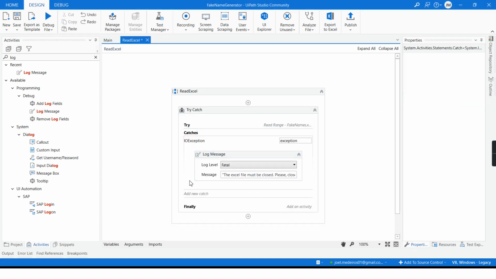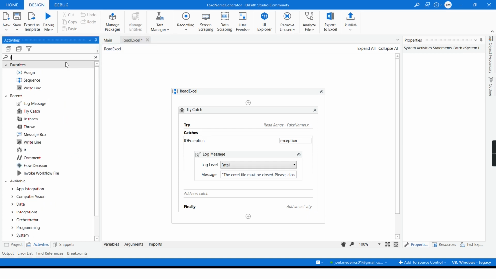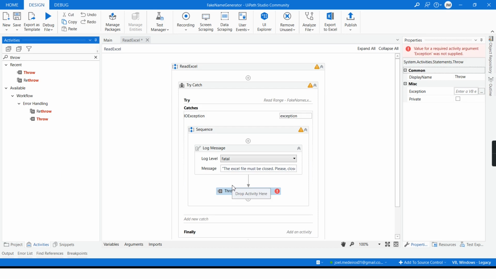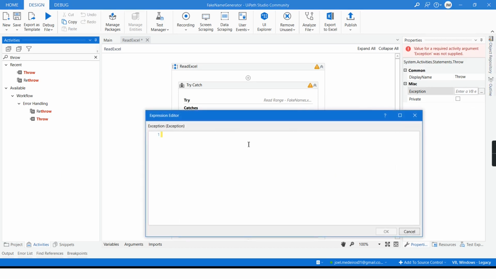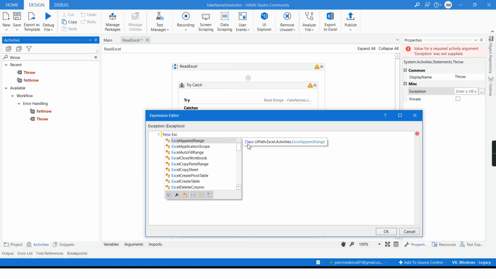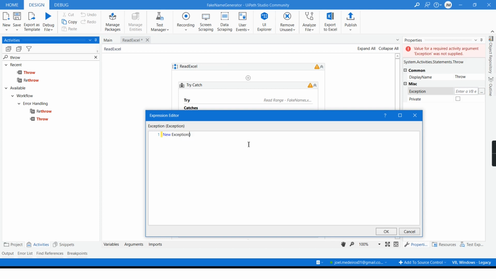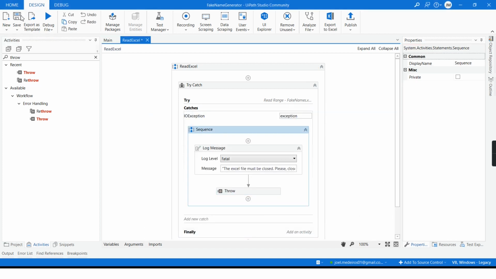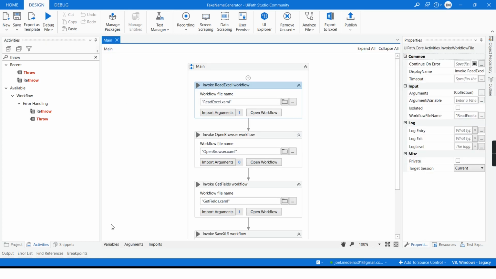And then, since I don't have a throw activity here, if I leave as it is, the process will keep going. And since I need this data from the Excel file, my automation will break later on. So to resolve that, I will include a throw activity that will throw my exception. And then here I need to create a new exception. And I can put the message that I copied earlier. Now my exception handling is ready to go.